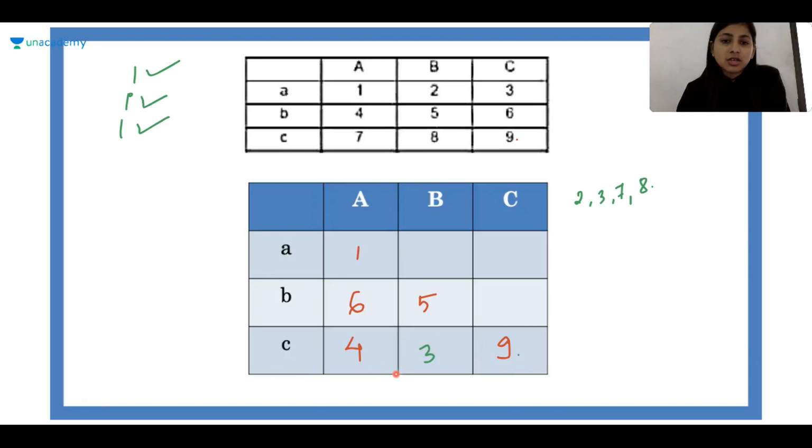Okay, let's just check it again. So we had taken 2, 7, 3, and 8. This is one case I had taken. So this one is correct. The other case I had taken was 2, 3. Okay, this is not correct because we have 2, 5, 8 here. All right. But what about 3 and 8? What if we put 3 and 8? Okay, that is also not correct because we have 8, 7, 9. All right. So this is not correct then. We have only 2 correct cases till now.